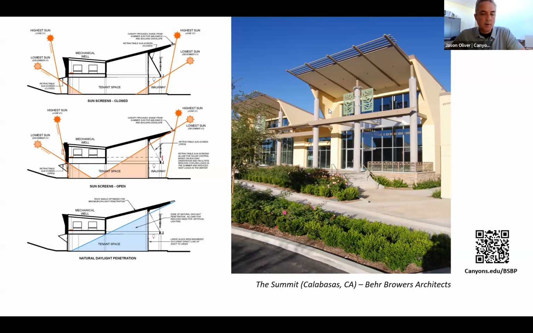sun when appropriate. Unfortunately, right as the project got permitted, the 2008 recession hit, and all the building projects literally came to a halt. They all were put on ice. This developer decided to move forward with this project. I think they had signed a lease with a couple big tenants like Circuit City and Trader Joe's or something like that. So they felt pretty confident, but they were going to value engineer the heck out of the project. And so one of the first things to go was this motorized shading device.